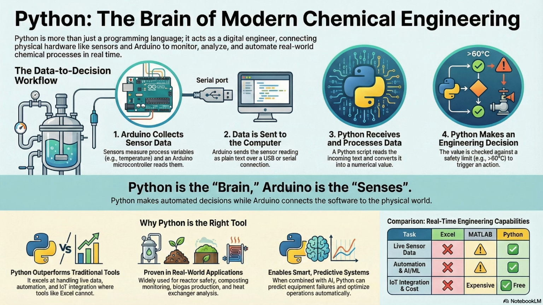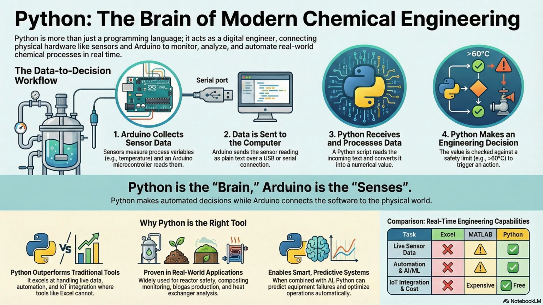I think that's a really important distinction for everyone listening. The Arduino is the bridge. The bridge, not the brain. Right. It's not doing the complex engineering logic. It's just collecting and sending. Precisely. It's reliable, it's fast, and it's dumb. On purpose. It just makes sure the data gets from the physical world to the digital world, where Python can